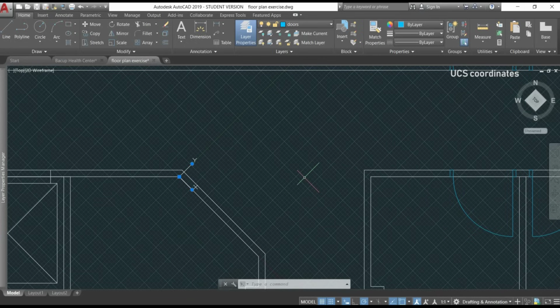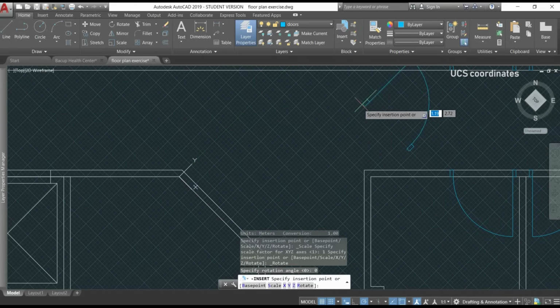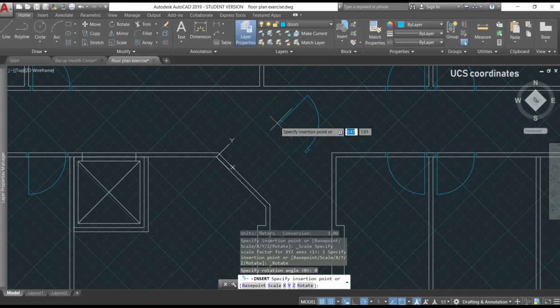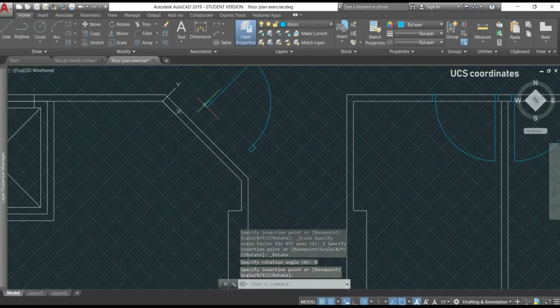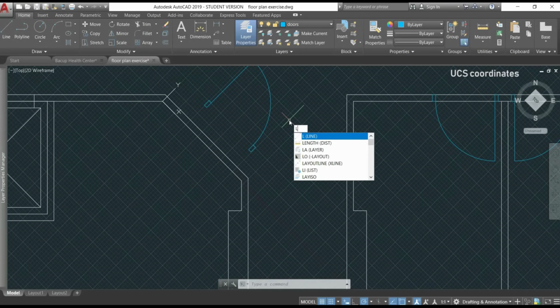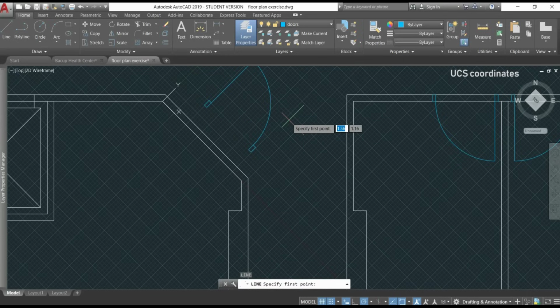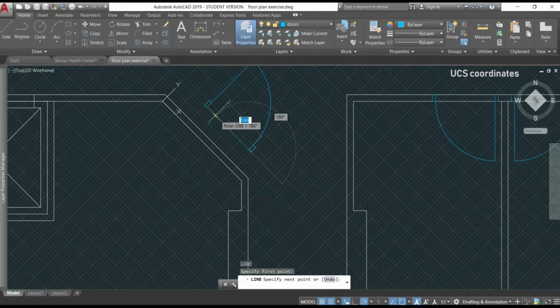Now it will be very simple to insert a block. I click in Insert Block and select the door, and you realize that the door has rotated to match the UCS new position, and I can easily place it into the wall. However, as I want the door exactly in the middle of the wall, I leave it here first. Then I'm going to draw a line between the frames,